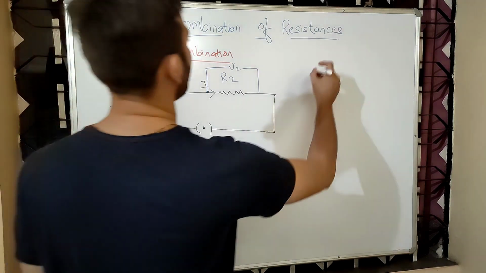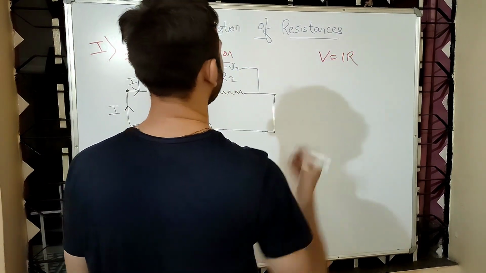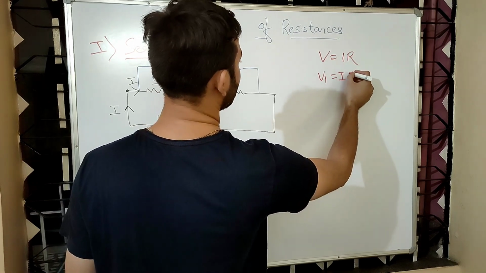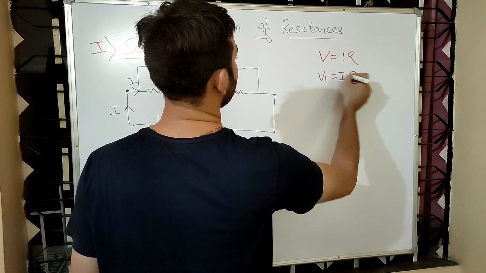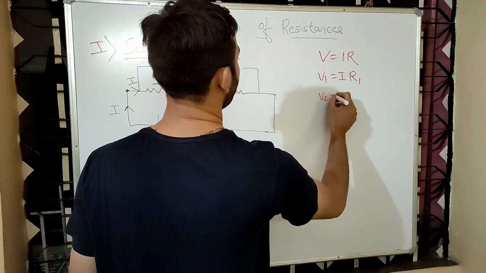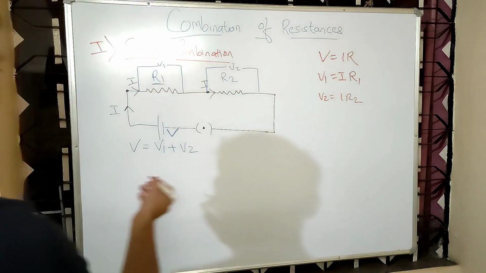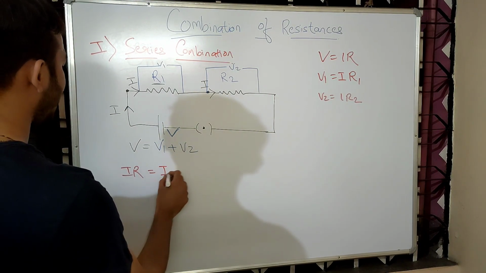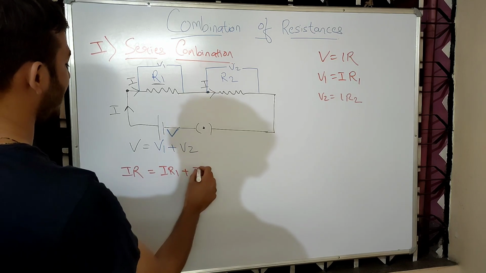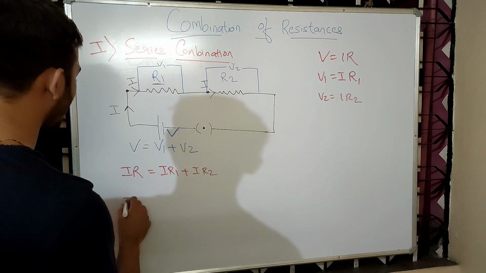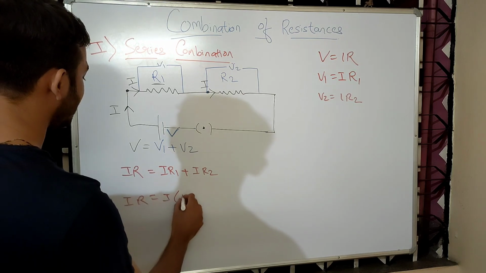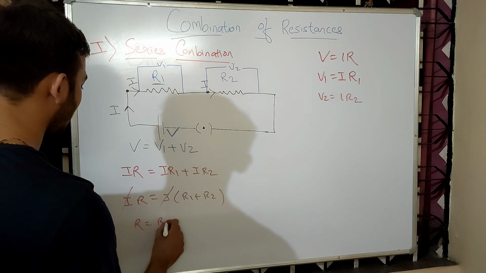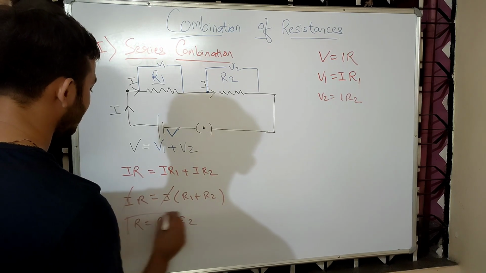We know Ohm's law, I told you, V is equal to IR. So what will V1 be? I1, I2 are all the same. So I will be I, V1 will be IR1, V2 will be IR2. Put all these things here. So V will be equal to IR, V1 will be IR1 and V2 will be IR2. We'll take out I common from RHS, and this I will be cancelled. So what we'll get? R equal to R1 plus R2.